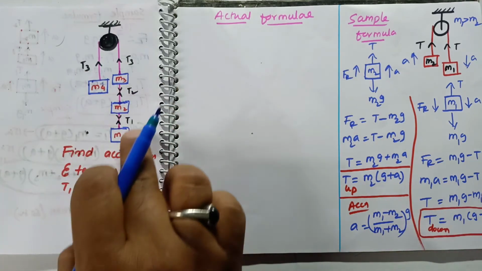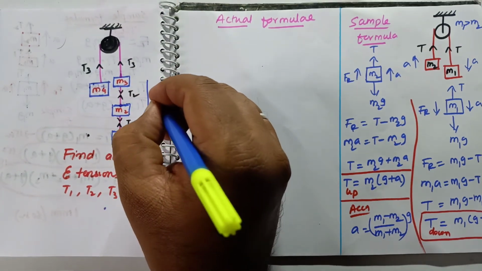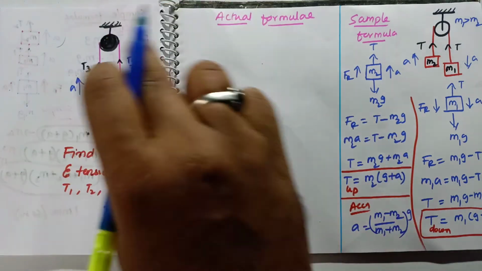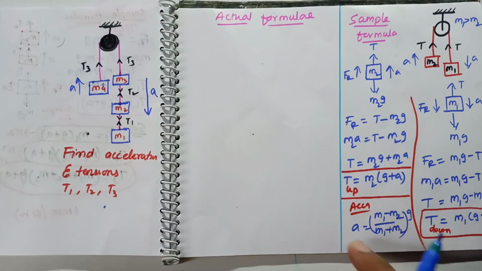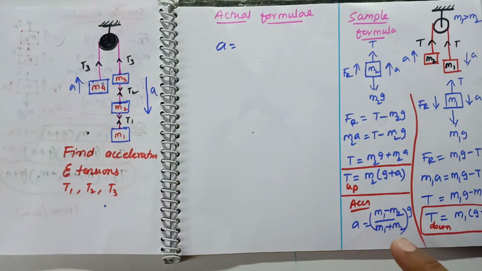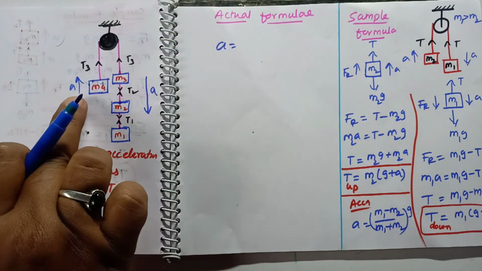But if you observe in this system, these three are dominating masses because these three combined together are moving down, and this single mass is moving upwards. So now by applying this basic concept, we can hack the system. How are you going to hack the system? Now acceleration will become the dominating mass. Here three masses combined together are dominating the single mass.